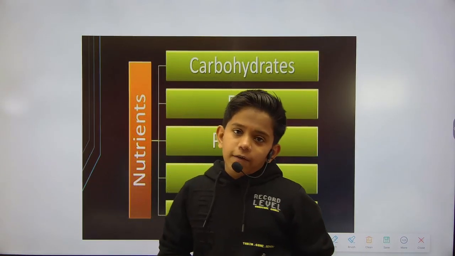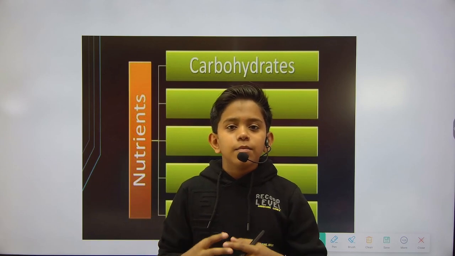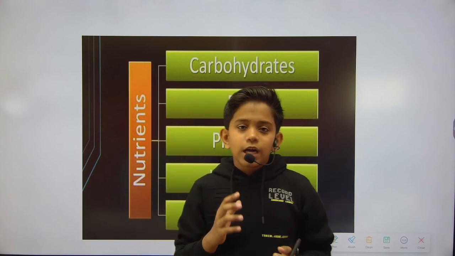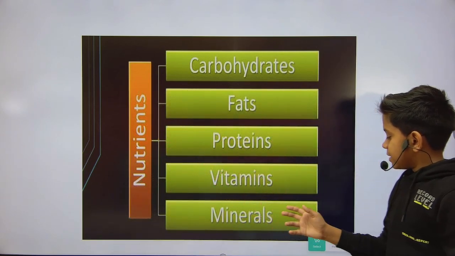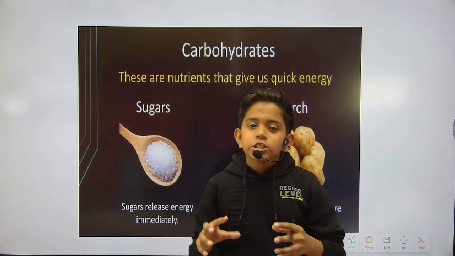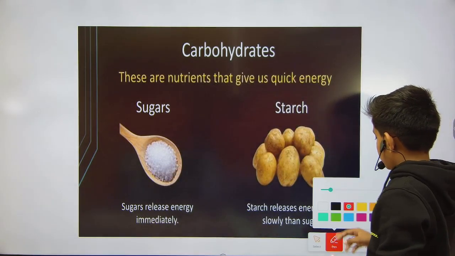Now, components of food. In the components of food, there are nutrients. Nutrients are the main components of the foods. There are 5 types of nutrients. First, carbohydrates. Second, fats. Third, proteins, then vitamins and minerals. These are the 5 types of nutrients which are present in our food. First of all, we will learn about the